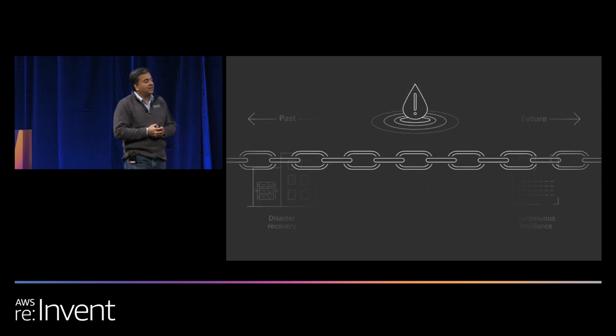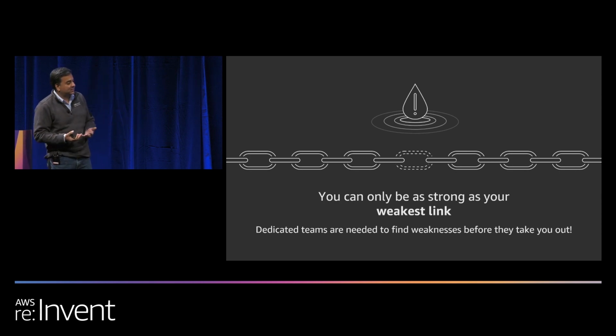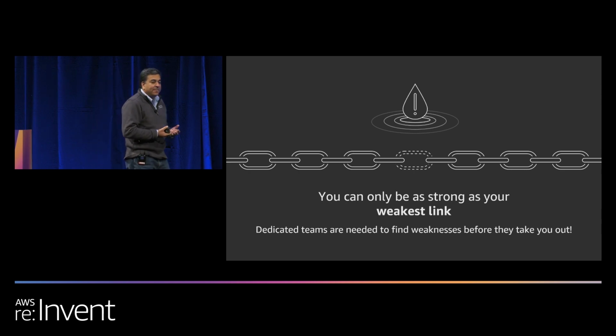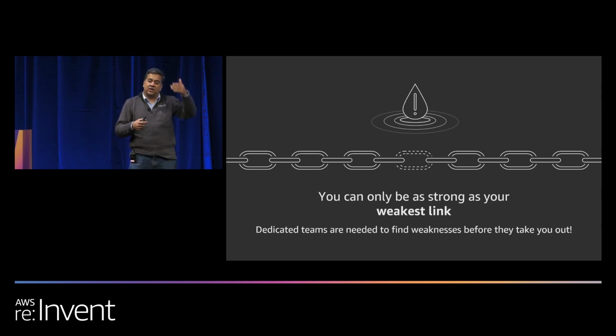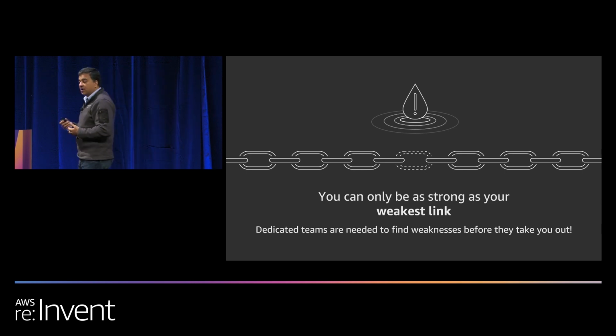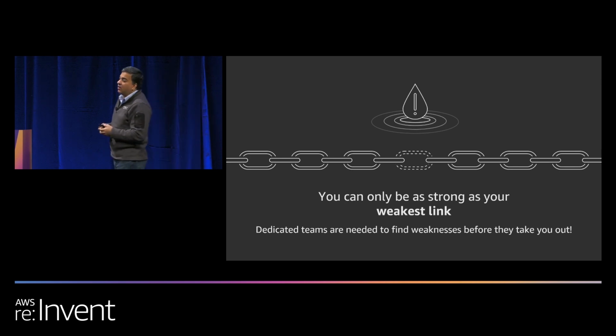So firstly, right, I mean, we all sort of know this, right? You can only be as strong as your weakest link. And if you have modern applications, there are many dependencies, and if there's one weak link in this whole dependency graph, then you're going to have the whole application fail. Vinay did a great talk about, like, if you tier your application, you should never take a dependency of a lower level tier for your application, right? So those are the things that you want to sort of figure out in your application. So it's not everybody who can do this, right? So you have to have dedicated teams who have the main job of finding weaknesses,